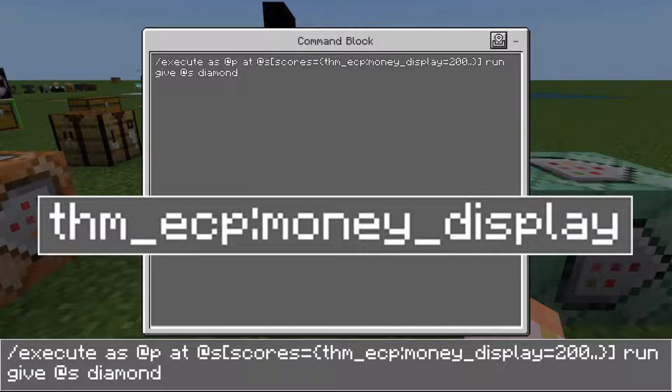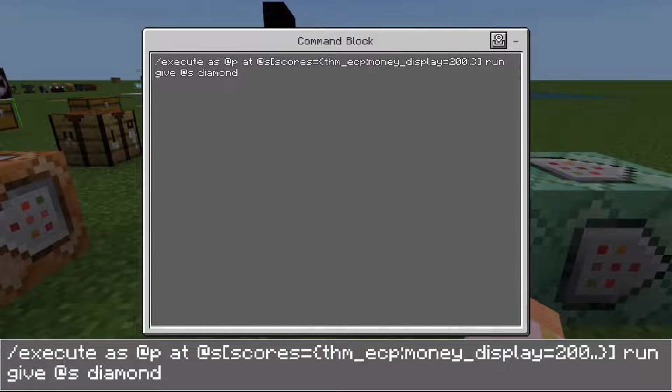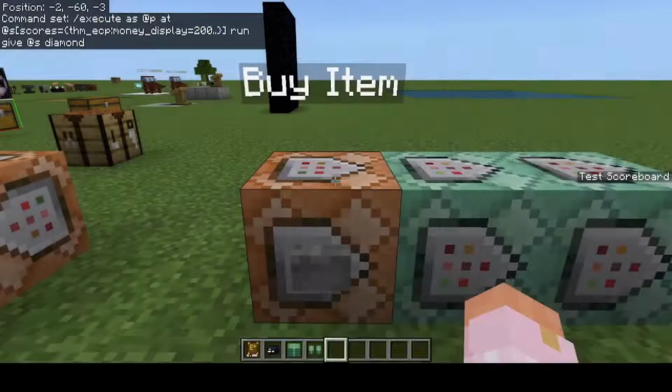It's thm_ecp. You will see that all the time, because this is a way I can guarantee that you don't have something called thm_ecp money display, and same with the money update. So :money_display equals 200 or more, run give @s diamond. So I'm just giving myself a diamond for 200 just for an example here. And then